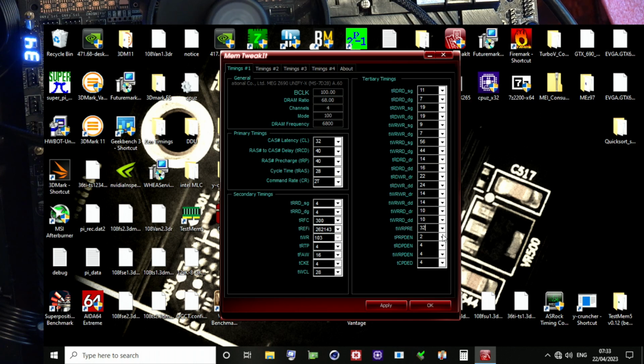You might be able to run this stuff at like 7400 or 7600 on air cooling. In fact, I think there's screenshots of Hynix MDI doing 8,000 megabits per second on air cooling,